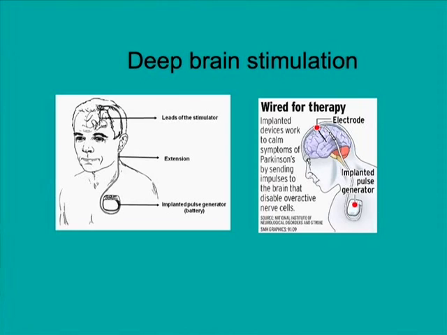Basically, the stimulator is put deep in the brain, and an extension is put inside behind the ear. It goes just below the clavicle, and there is a generator that has batteries. This generator is controlled by a remote control, so you can send impulses when somebody has bad signs and symptoms of Parkinson's disease. You can send impulses from here which go inside the brain.